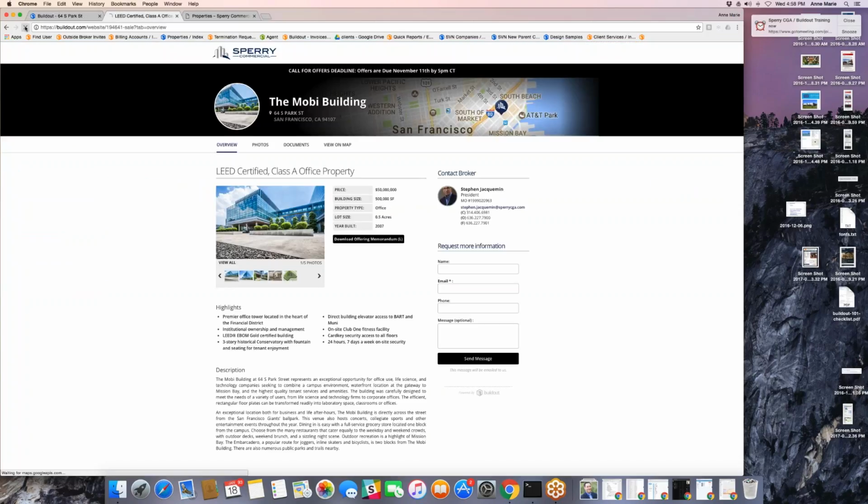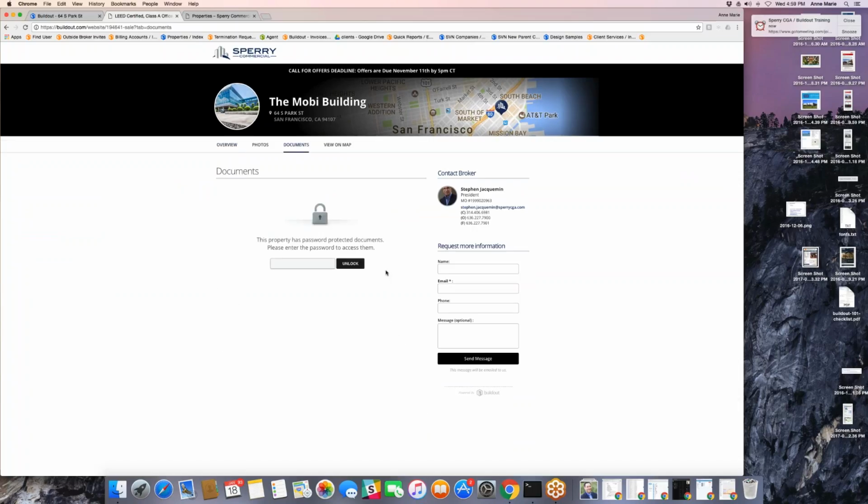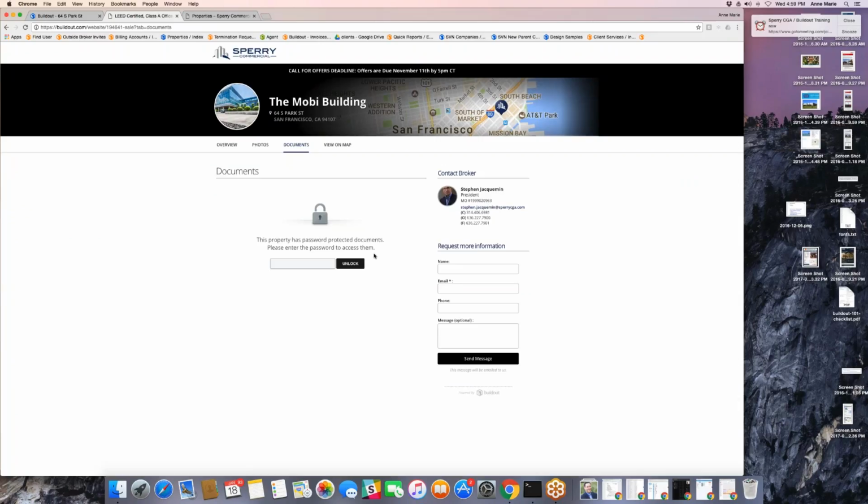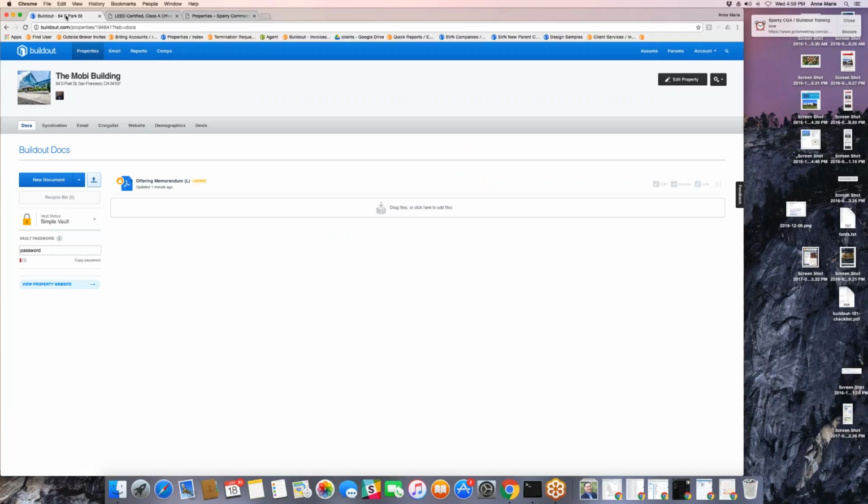Go back to the property website, and it's not available anymore. And if you go to the Documents tab, you have to enter in a password that you set right here so that someone can access it. Okay,